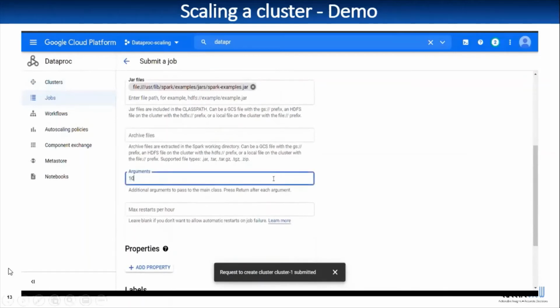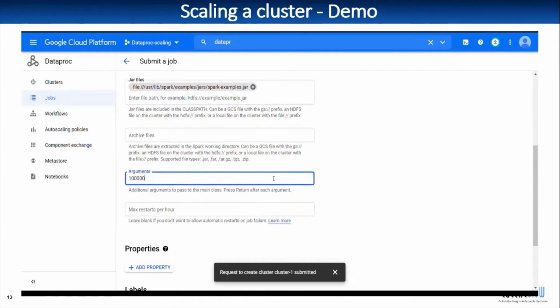Now the arguments. Generally we calculate the value of pi, as I said, mathematically by dividing the circumference by the diameter. But here, we take a square and inside the square we draw a circle. The 100,000 means that 100,000 random points will be plotted inside the square.